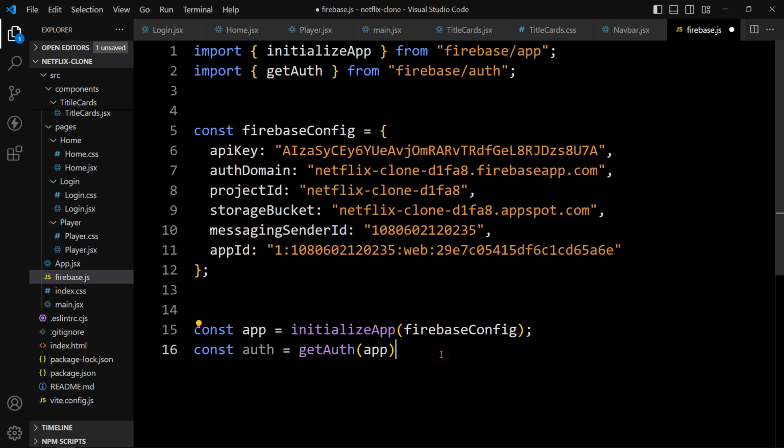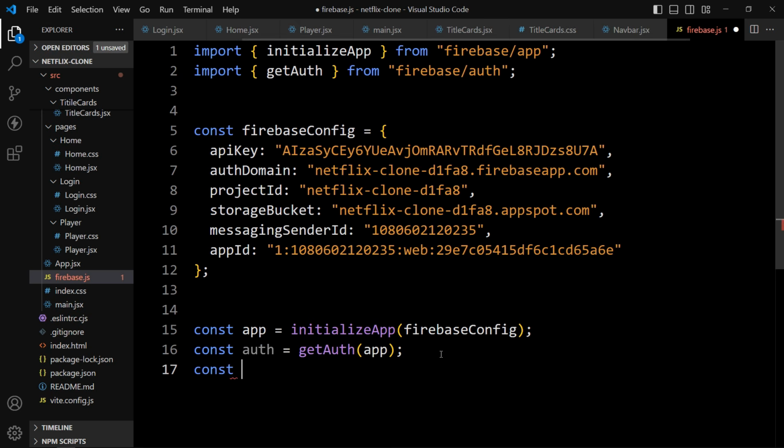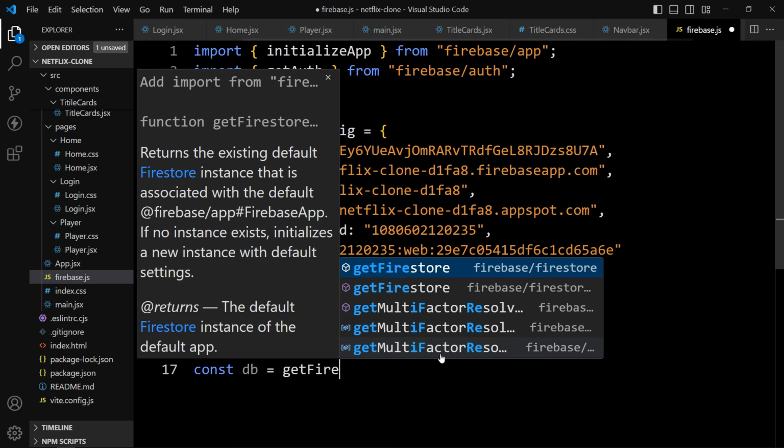like this. After that, we have to configure the Firestore also for the database. So just add const db for the database, equal to, we will use getFirestore.